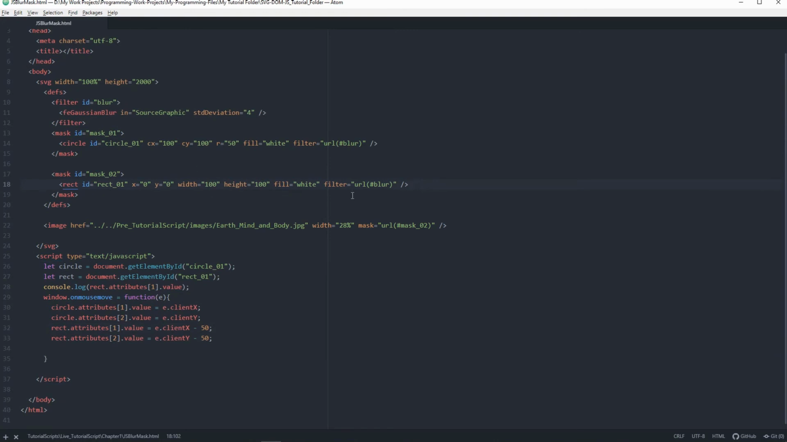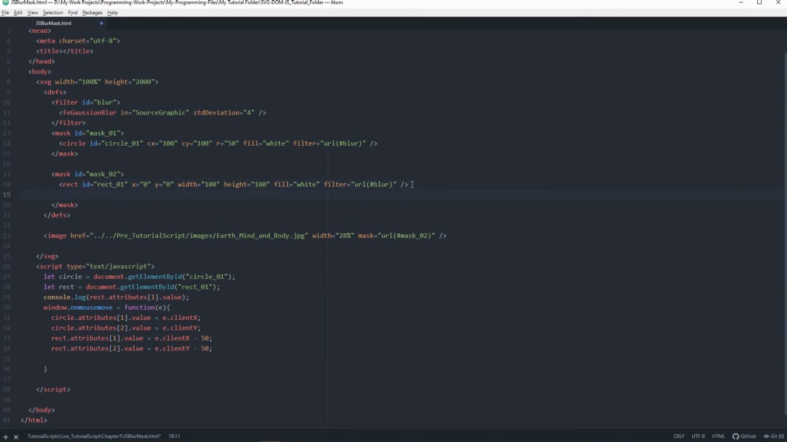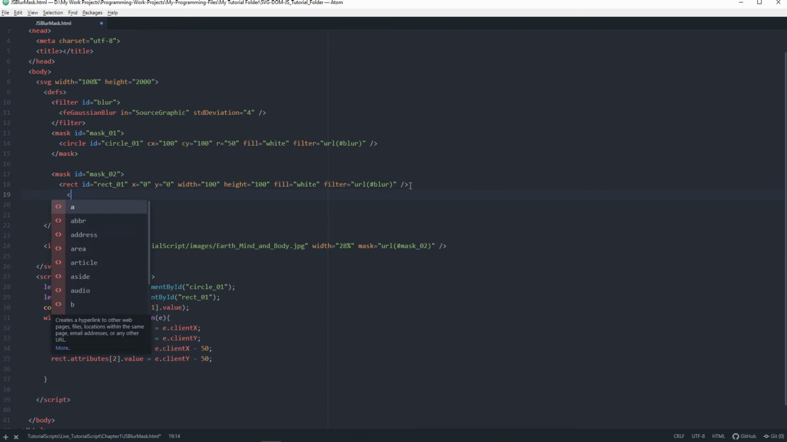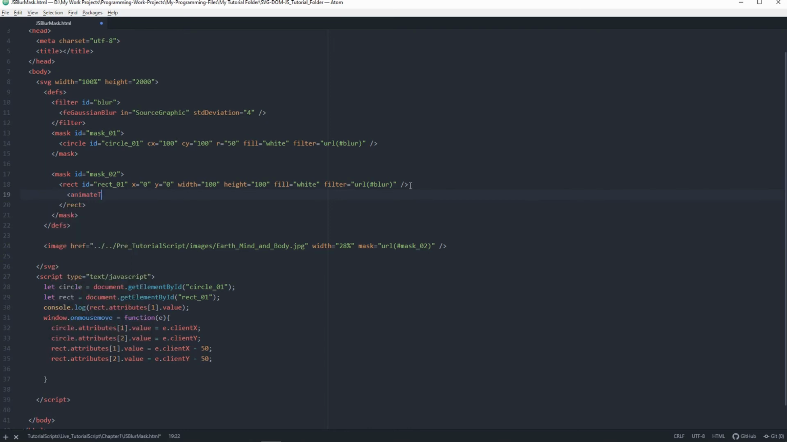So now that we've got that, what we'd like to do is add an animation to the Rect. We're just going to do it to the Rect, because with the circle you don't really get to see the animation since it's a circle. So inside we're going to use an animateTransform tag. Let me just say animateTransform. Then we want to say the transform name